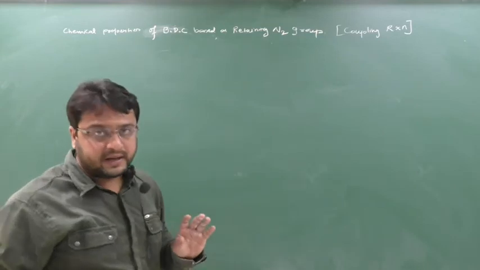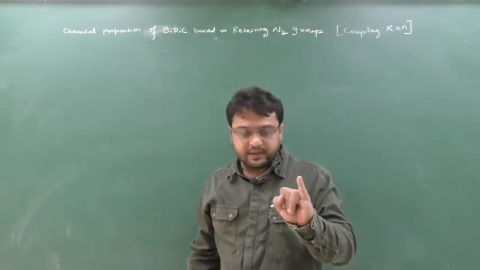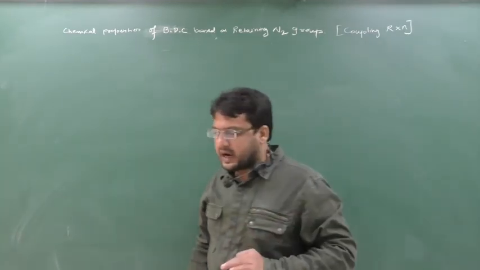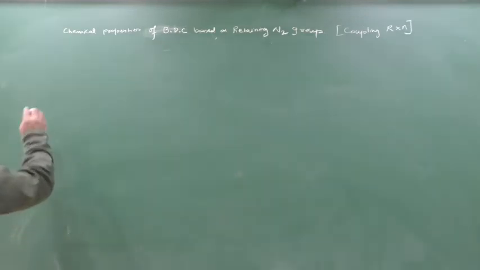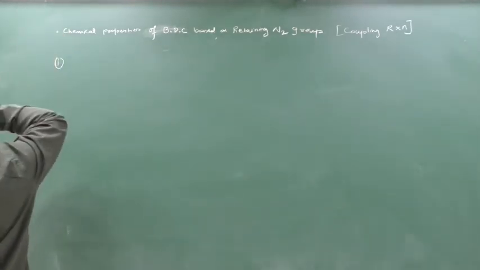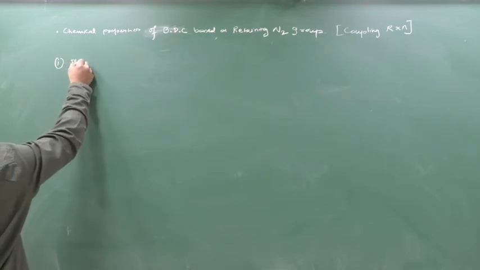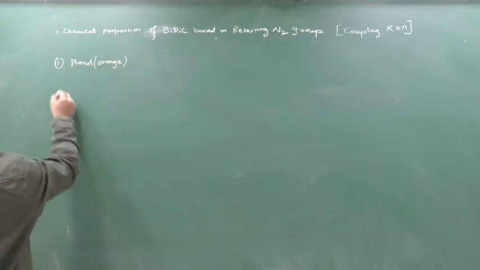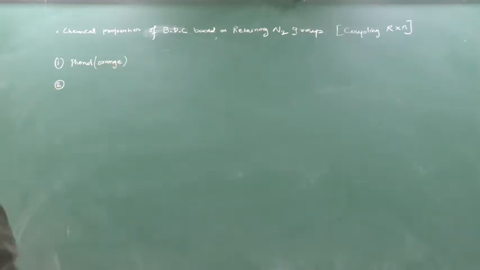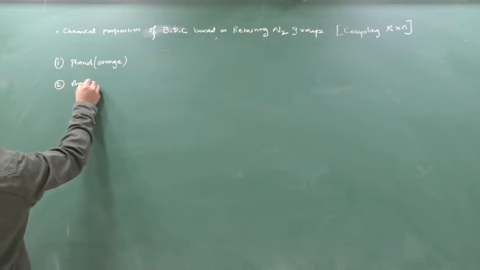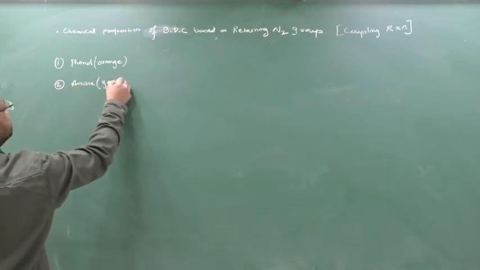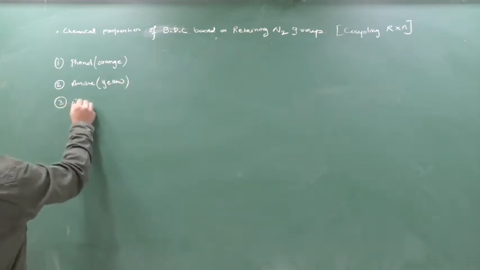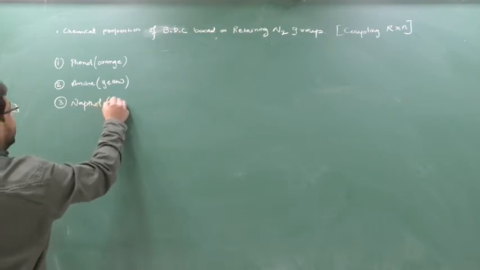Totally there are 3 types of dyes. One is phenol dye. Second is naphthol, and third is aniline. Clear? So totally they are making 3 types of dye. First we are making the dye related to phenol, and this will give me the orange color. Phenol will give me the orange dye. Second, we are going to study aniline. Aniline is going to give me yellow color. Yellow dye. And third is naphthol. Naphthol is going to give me red color.